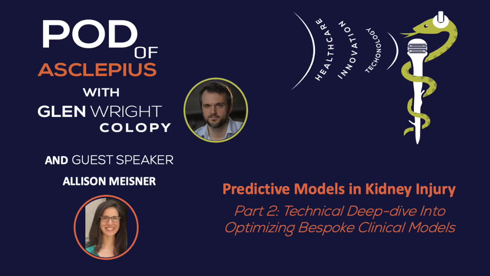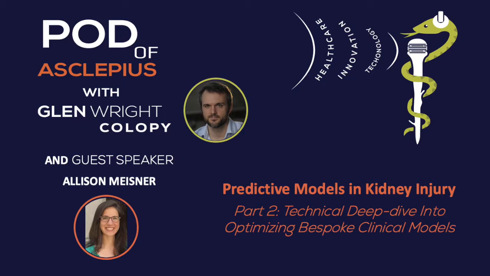Hey folks, welcome back to part 2 of our episode with Allison Meisner at Johns Hopkins University. In part 1, Allison discussed the interrelation between cardiac surgery and the risk of kidney failure in patients, and how doctors use prognostic models like hers to inform the clinical strategy for patients. She also talked about how her models assist in prognostic enrichment for trials. So not only is she good for doctors and patients, she's good for statisticians too.